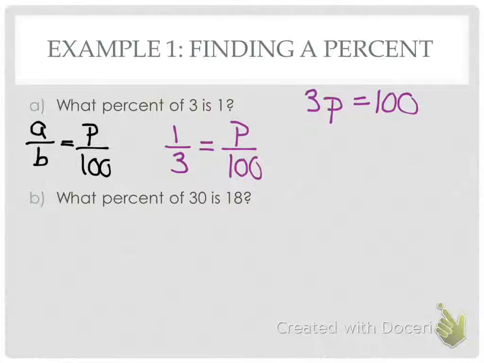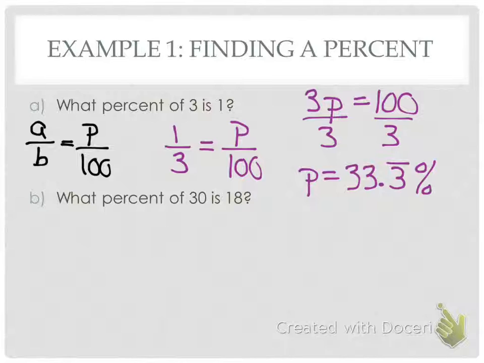And then how do we solve for P? Divide both sides by 3. Now this one comes out to a repeating decimal. That's okay. And that's going to be my answer. All right, so I want you to go ahead